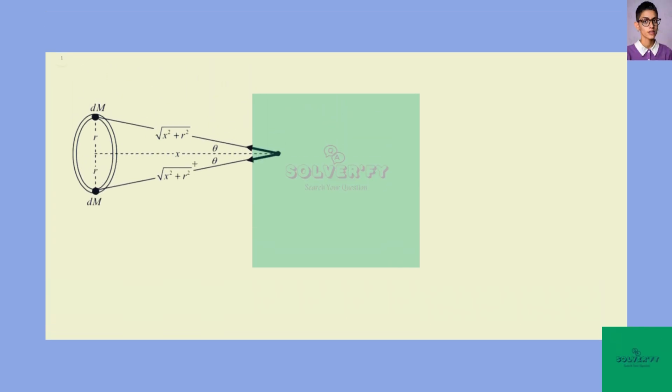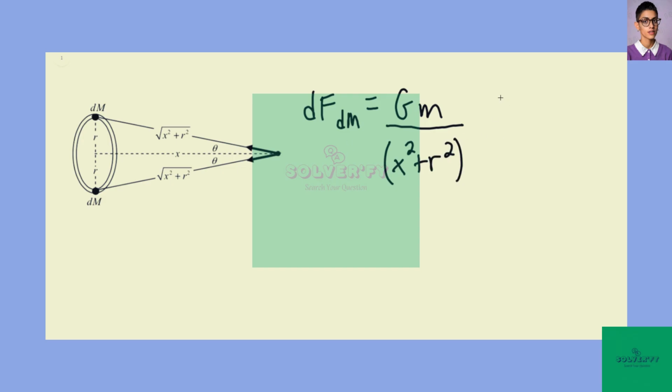So here we have a diagram of the system, and we can say that a changing force on a changing mass would be equal to the gravitational constant times the mass divided by x squared plus r squared, according to the diagram, times a change in mass. We can find the horizontal component